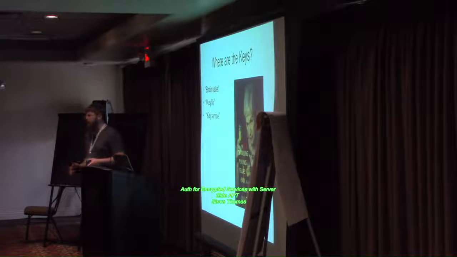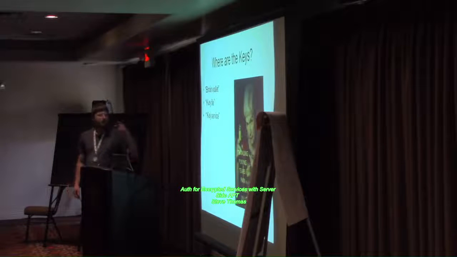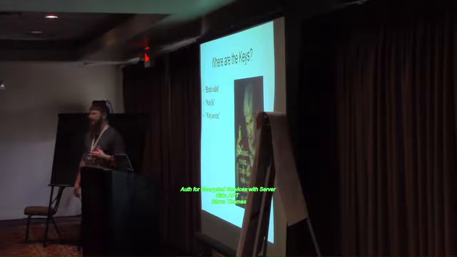So there's 3 places where you can put the keys. There's Brain Wallet, where your private key is generated from a password KDF, and the public key is public, given that anyone can start trying to guess what your password was. Key file, it's like PGP. You have a file on your computer that has your private key that you decrypt with a password. Then key service, that's where some company has a server where they store